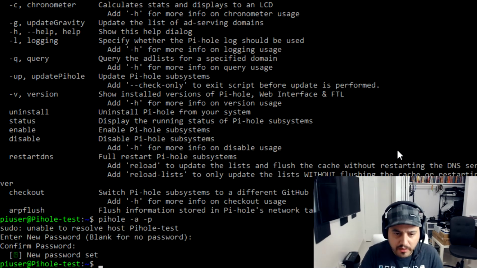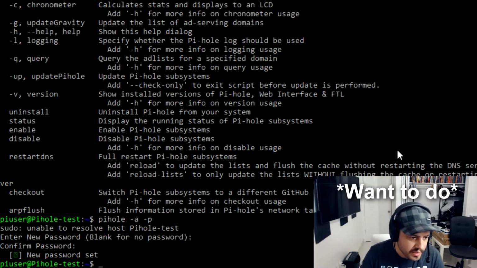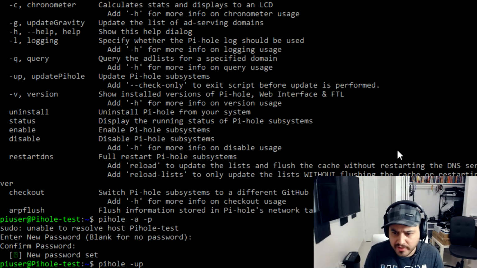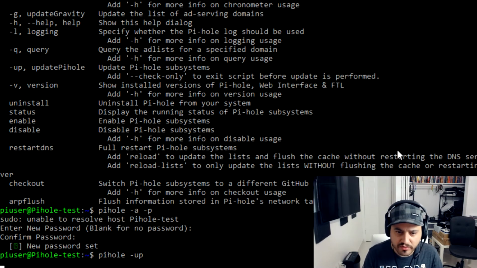The only other thing that you can do here is check if there are updates or run any updates. This is one of the benefits of doing the installation this way: we can run updates for the Pi-hole database, the interface, and FTL. We can run those updates without the issue of having to install a new Docker every time. So you just do pihole -up,